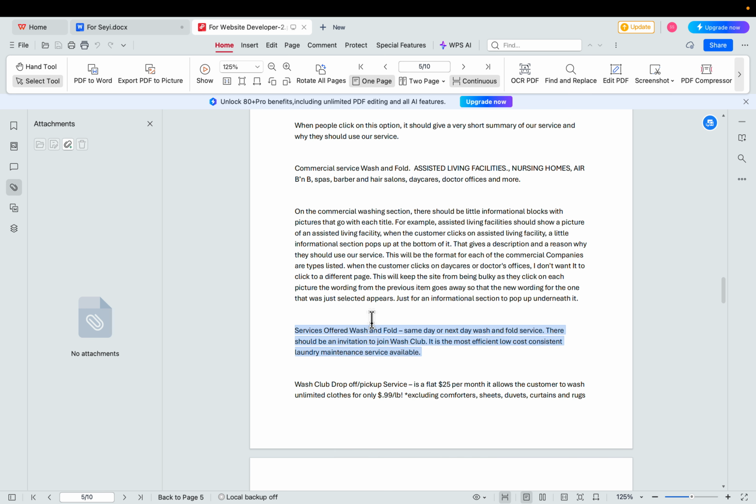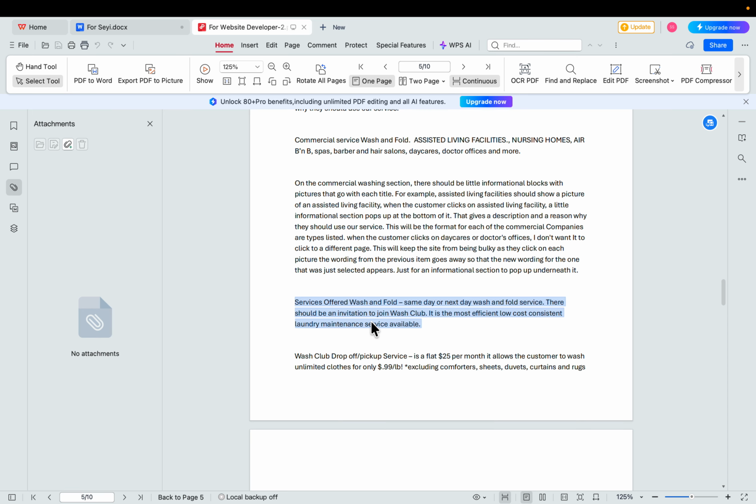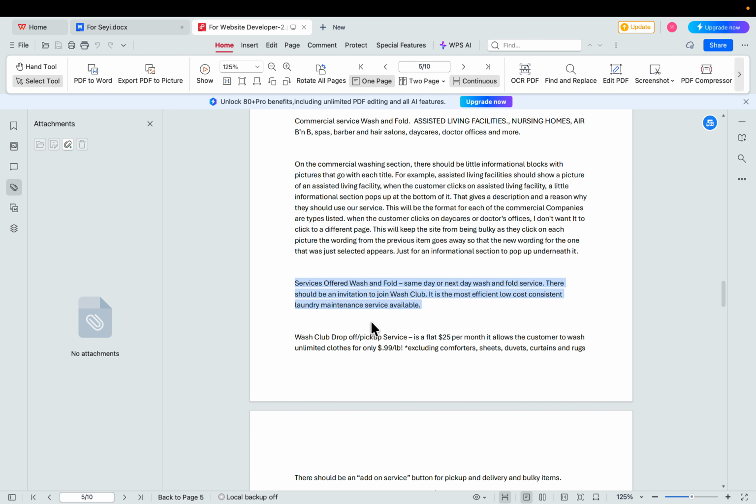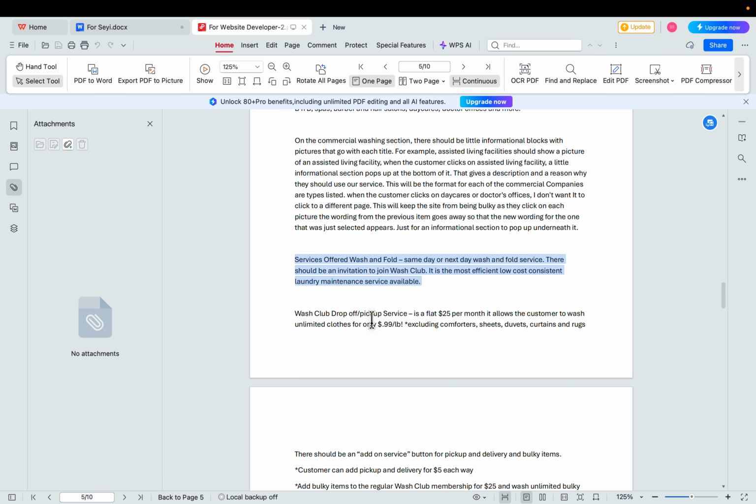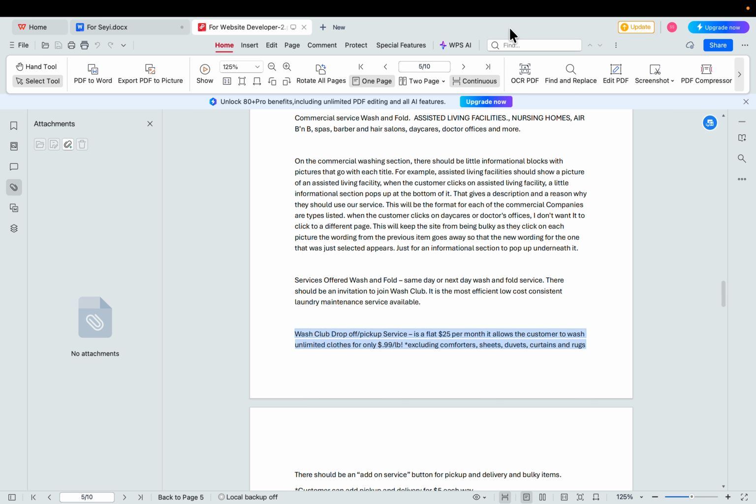This is what we do for wash and fold, but we want to remind them, hey, we have Wash Club. It is the most simple and cost-effective way to do your laundry. So we're just going to mention it, but we're going to talk about the wash and fold service we have: same day, next day, and so on. Then you're going to have, and see right here, this part, the next section that talks about Wash Club, drop off and pick up. That's going to be for that section. This is going back to where you have the button for Wash Club and Wash Club Elite. This is the information that will go there.